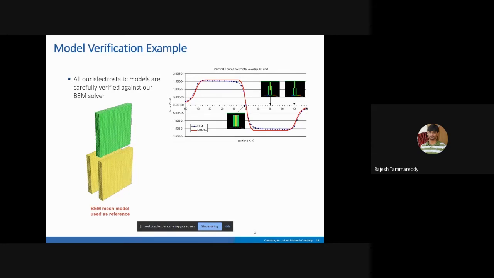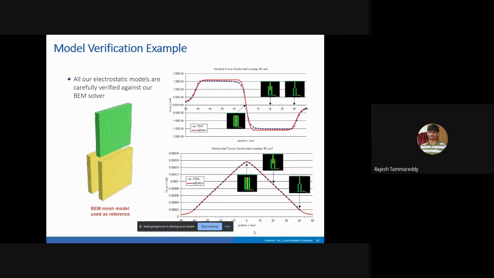So using a BEM solver method, what is BEM? Boundary element method, which we do in the FEM technique. So when we move that green comb between these fixed combs, the yellow ones, what happens? The electrostatic force will be different, right? So when you are moving, on the right side graph you can notice at each location what the electrostatic force in Z direction is. The blue dots, what you see, are FEM results, and the red line, what you see, is the MEMS Plus result. You can see the results closely match your FEM results.